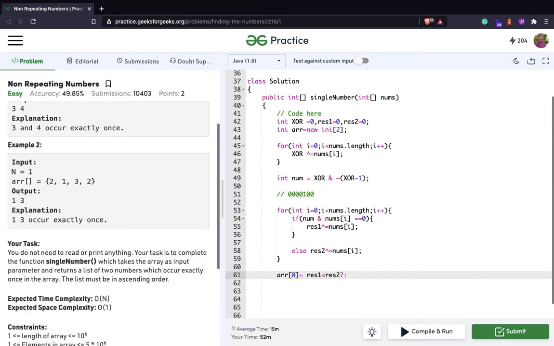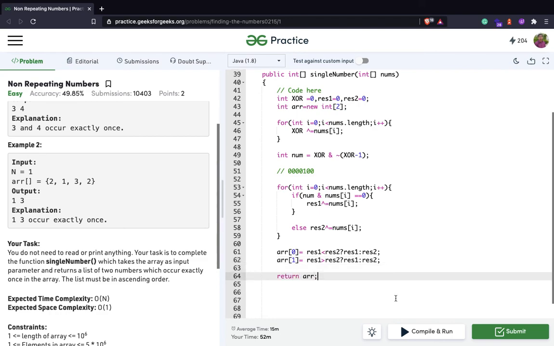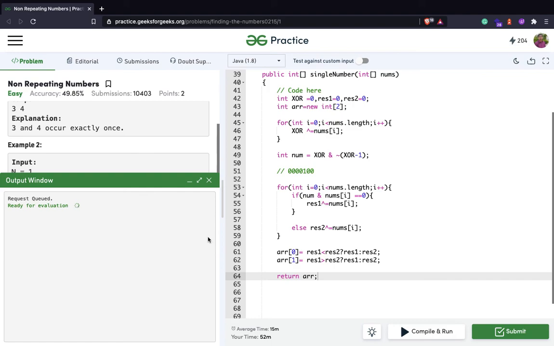We'll just do a check over here. Return the array. Let's compile it.